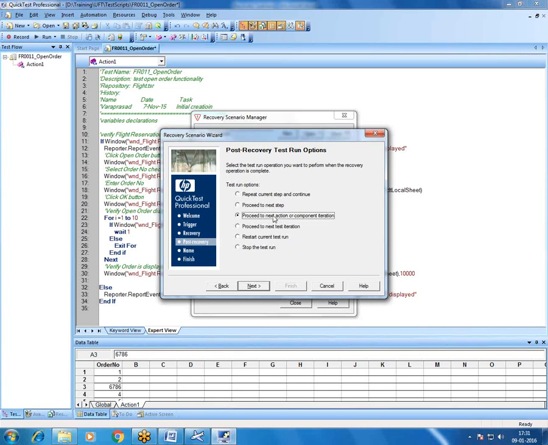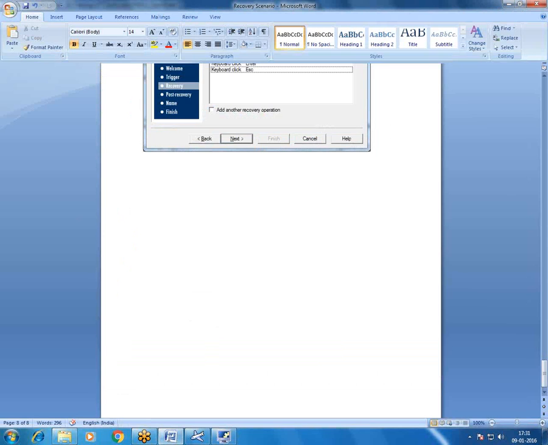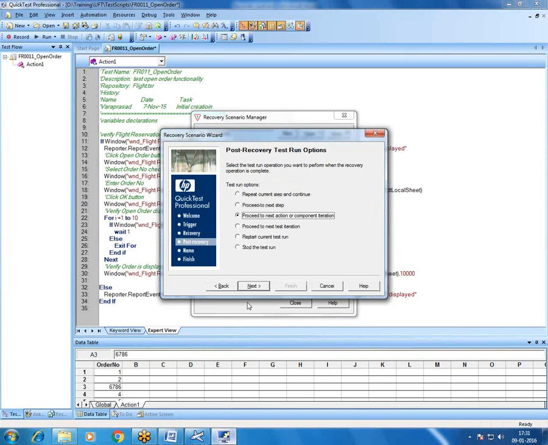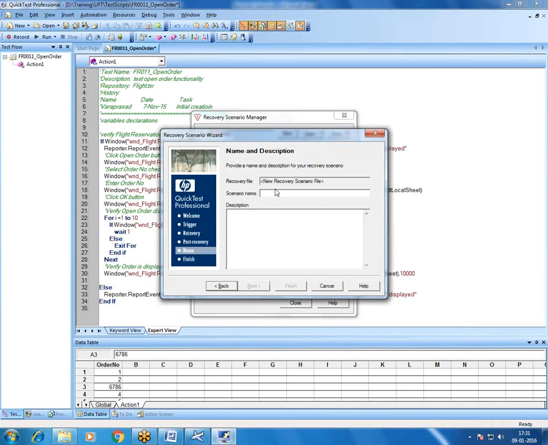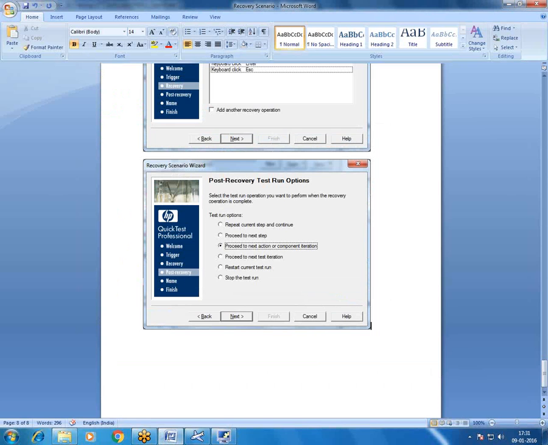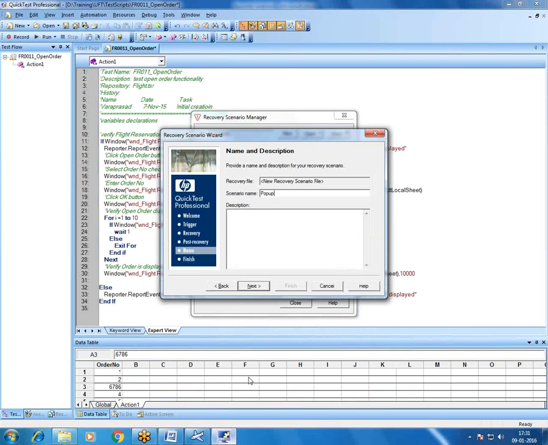So I select here this option, proceed to next action iteration. That means I want to continue the execution from fourth iteration onwards. So I select this option. Post recovery operation. Done. Move next. Here we have to define the scenario name. Define the recovery scenario name. Pop up. Define the scenario name. Then next,